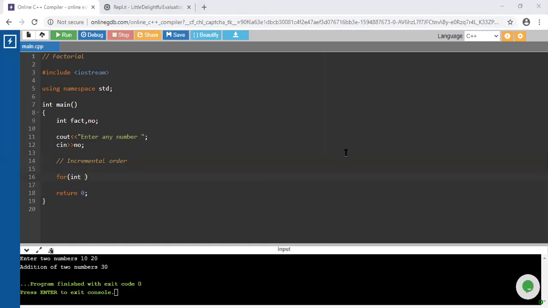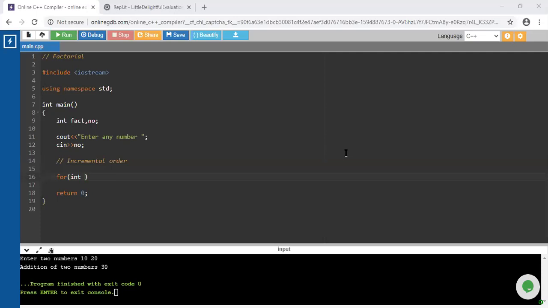Guys, unmute yourself and tell me. Three parts: initialization, condition, and increment. Decrement also, in case of decrement order.